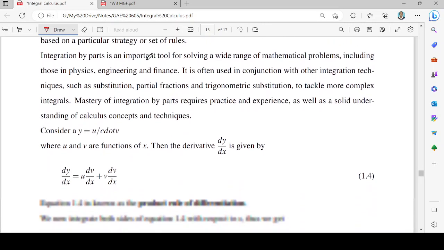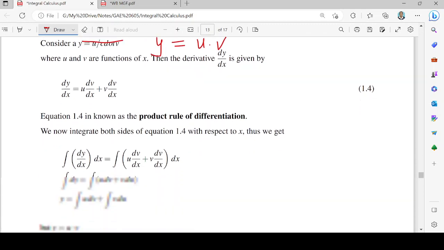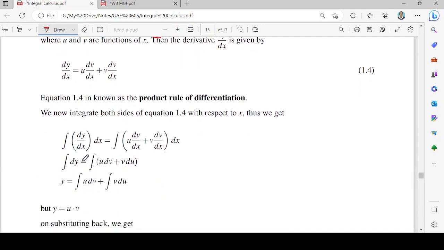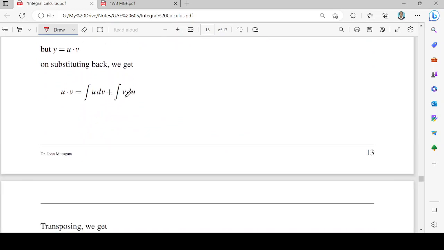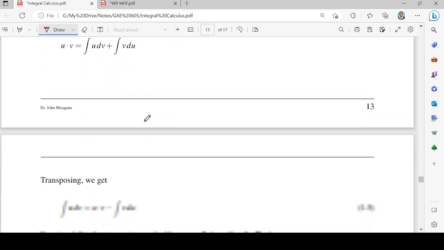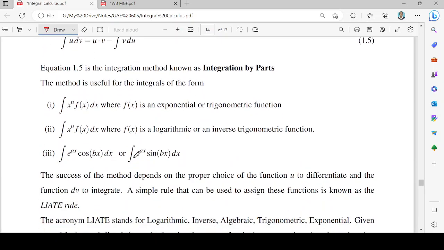Integration by parts. So here we have y equals u times v. So we have the product rule. Then from the integration of that, we get the formula that we call integration by parts. Now, the method is useful when we want to integrate functions that contain functions like x to the power n